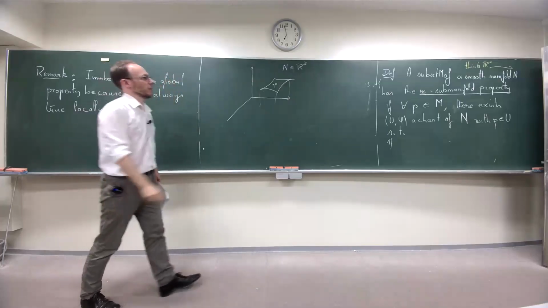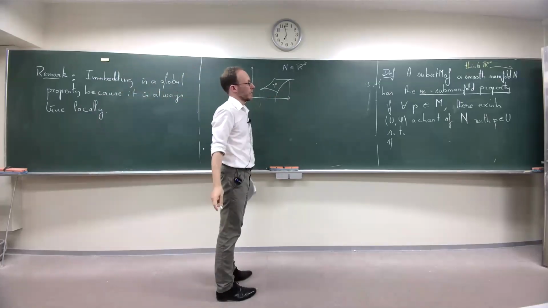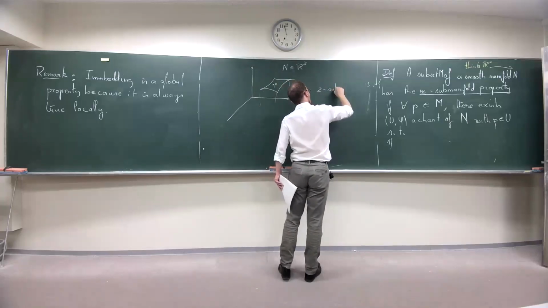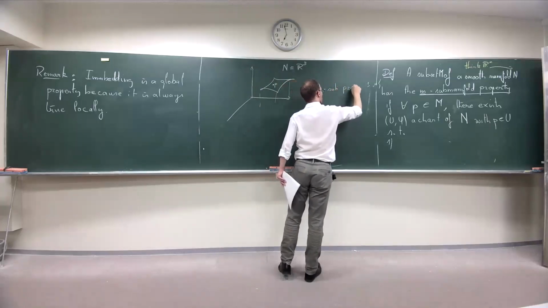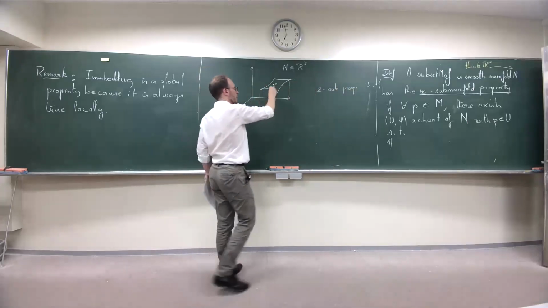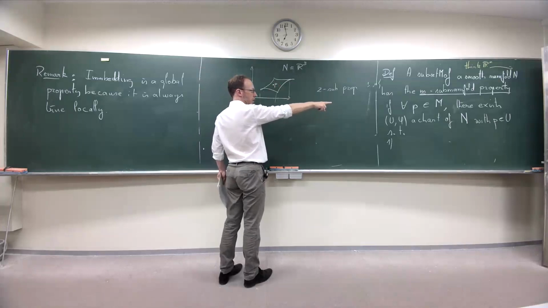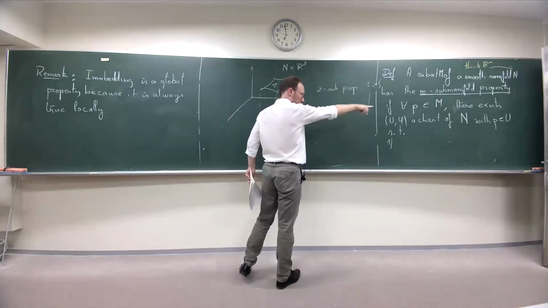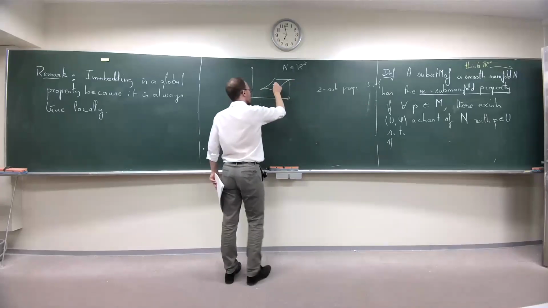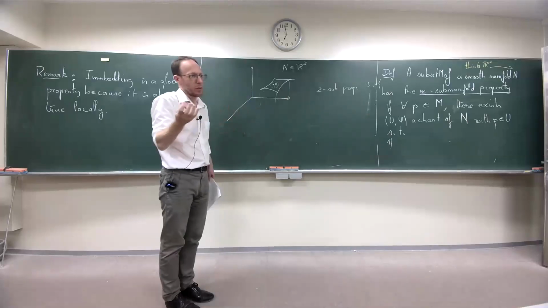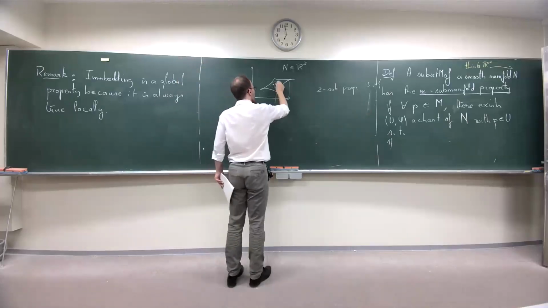And now the statement says it has, in this case, the two-submanifold property. In this example, if for any p, you can find a chart in N. So what is typically a chart in N is a ball, because in R^3, open sets are typically balls. So if you can find a ball